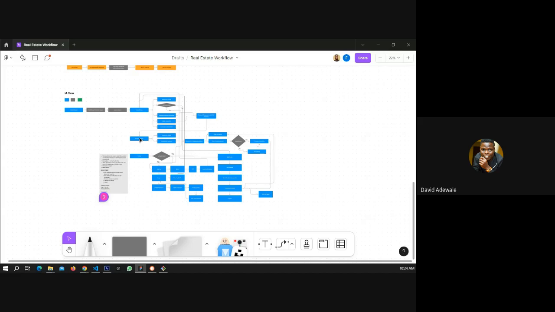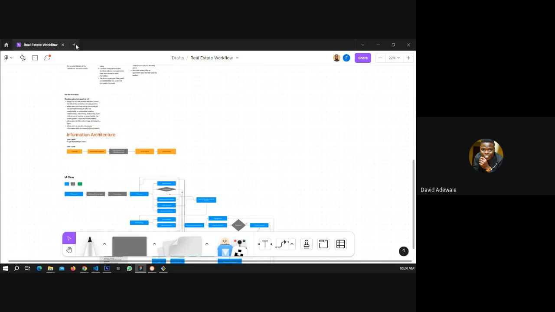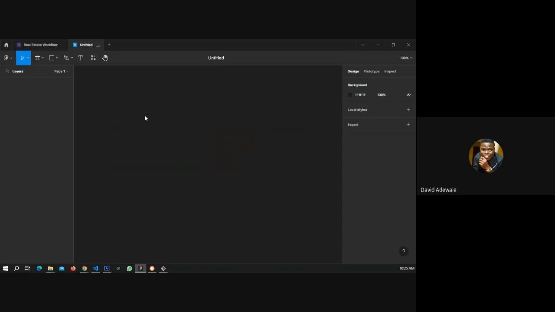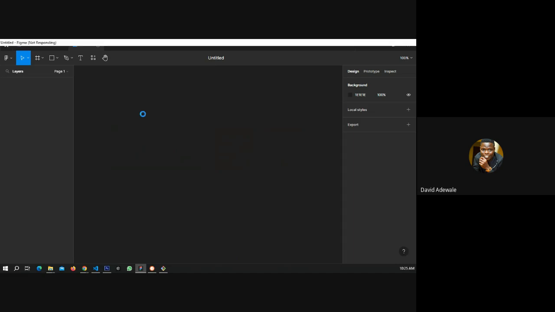In that case, you press the plus button at the top here. When you press it, you get two things. If you are creating another new FigJam file, you click on this button here. But if you are creating a design file, that is the Figma file, you click on this. So I'll be clicking on this and I'll wait for it to propagate. It's currently loading. And then we have untitled as the title now. So the first thing, real estate design. That's what I'm going to give it. I'm going to give it a name called real estate design.